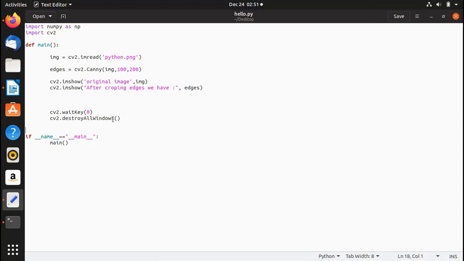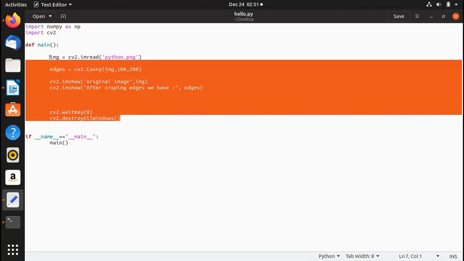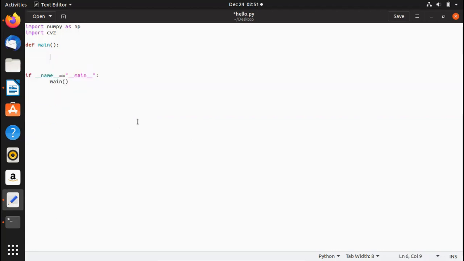So now what we're going to do is that we are just going to remove all of that. All right, so here we can write image equals cv2.imread, and then we can read an image. So let's say that we try to read python.png,